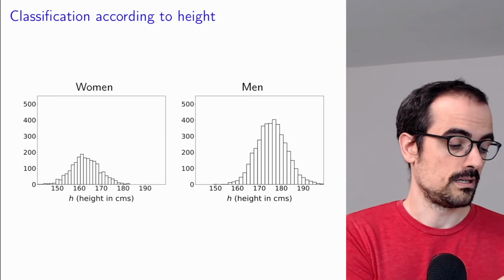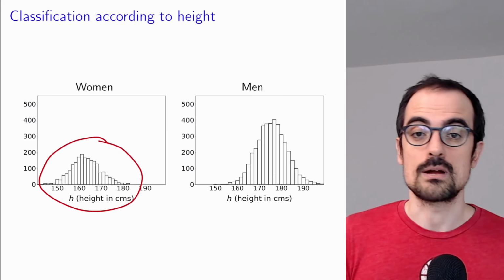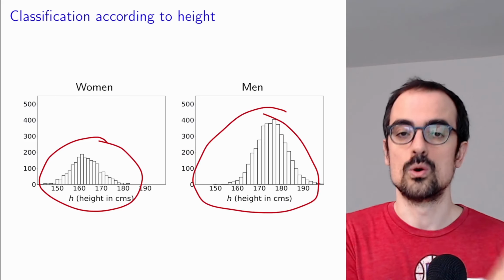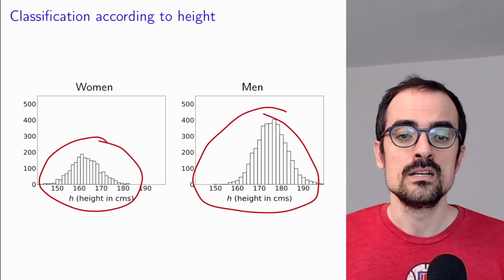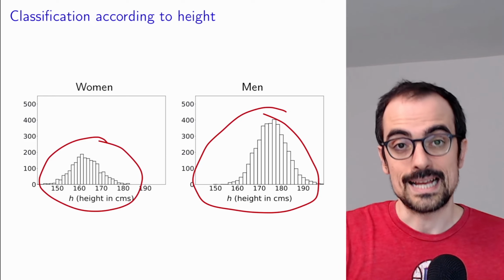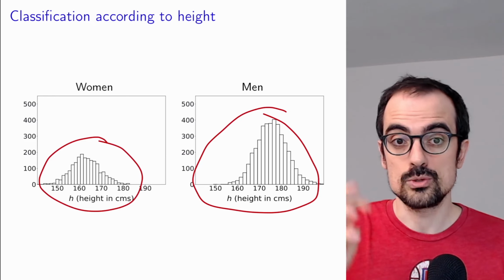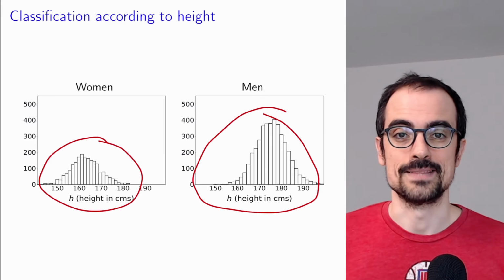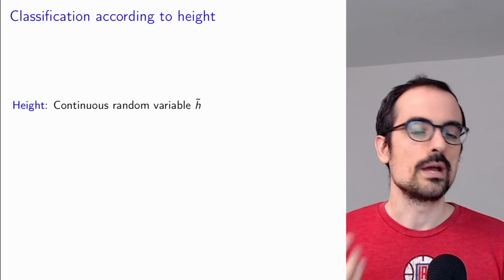We have some women. This is the histogram of their heights. And we have some men. This is the histogram of their heights. We know who are the women and who are the men. And now we want to develop a model that is able to classify people just using their height, discriminating between women and men. And the way we go about this,